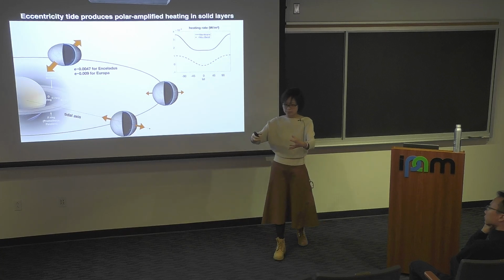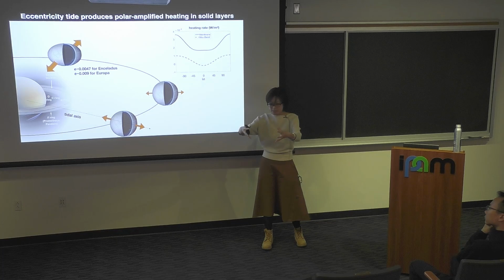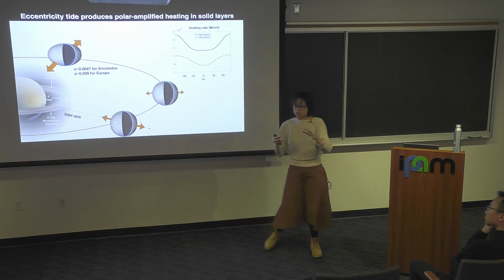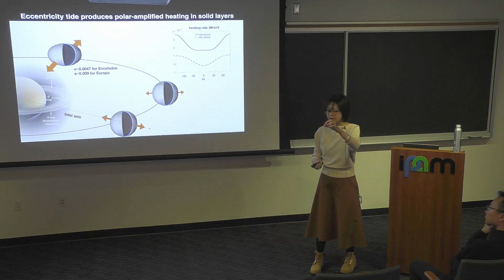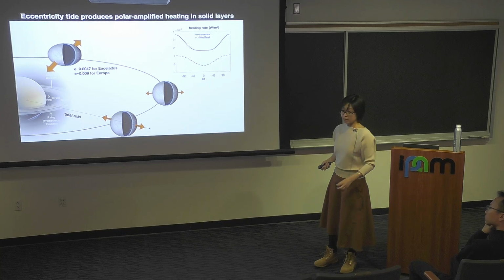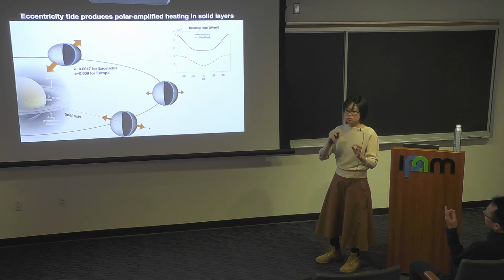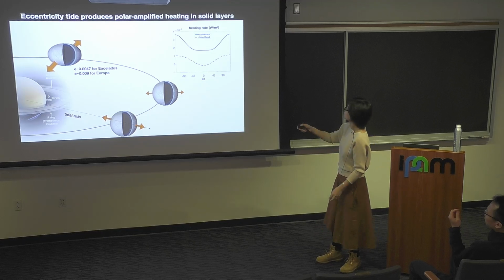Okay, so the eccentric tide basically does two things. Imagine this is a planet, this is a satellite, right? It basically does two things. It stretches it like that, and then you do this, right? So all the polar regions really have the largest strain rate, and that's why, naturally, if you solve for the strain rate and you substitute